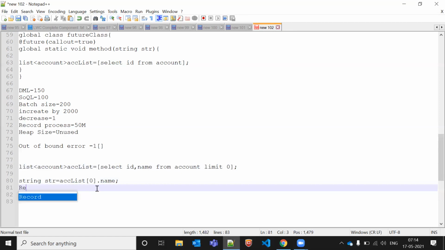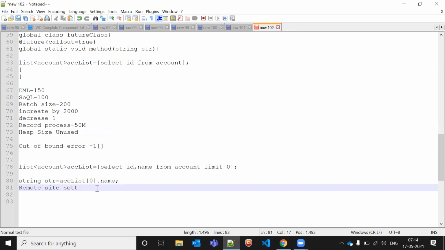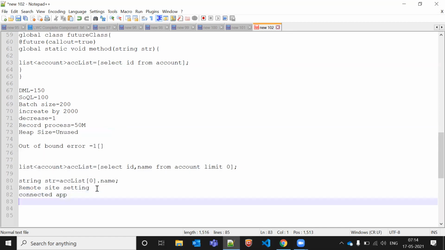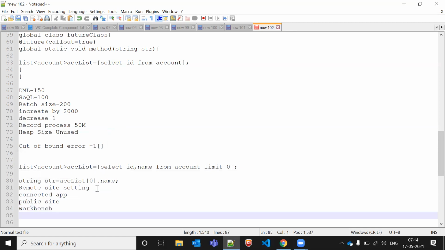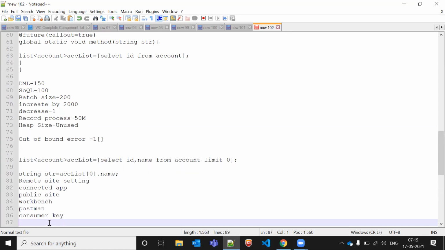First is remote site setting, connected app, public site, Workbench, Postman. These are the key things, like session ID, consumer key, consumer secret, client ID.